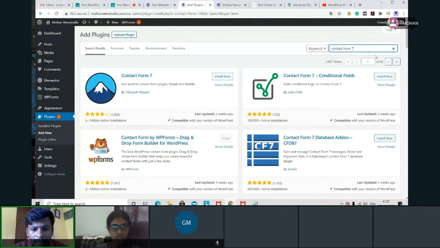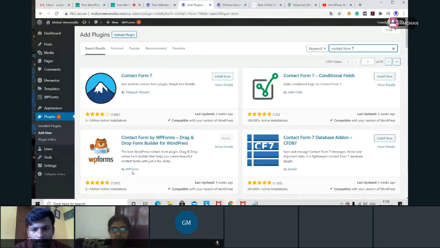Down here you can see something called WP Forms. This is also good. And we have a third plugin called Ninja Forms, which is also important. You can use any plugin. If you ask me which plugin is better, then go with Contact Form 7 and WP Forms. These two are good. Ninja is also good, but maximum people will use these plugins. After this plugin section, we'll design a page with Elementor. There we'll implement every concept of the plugin.